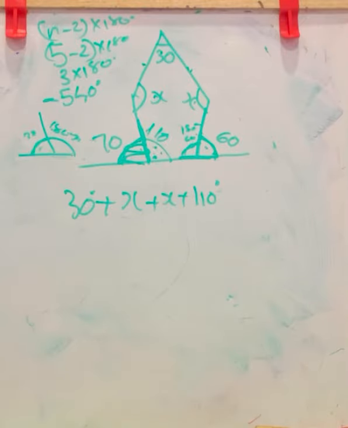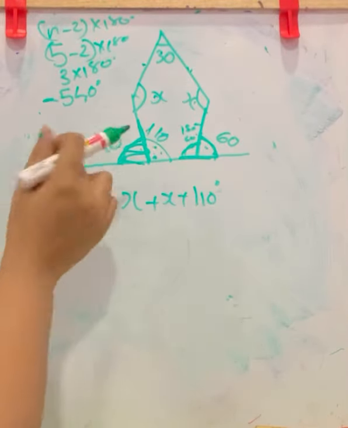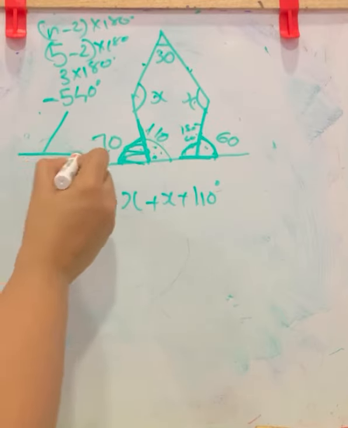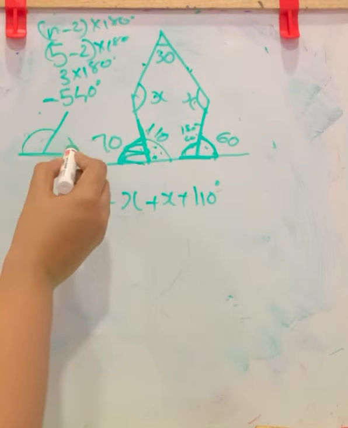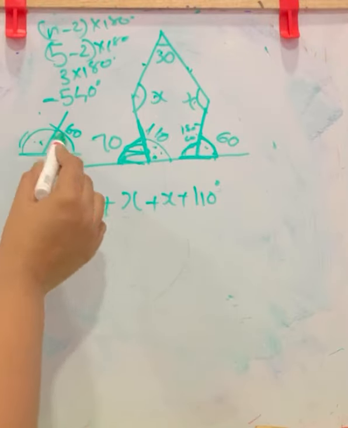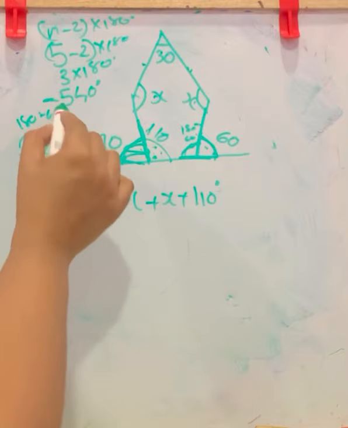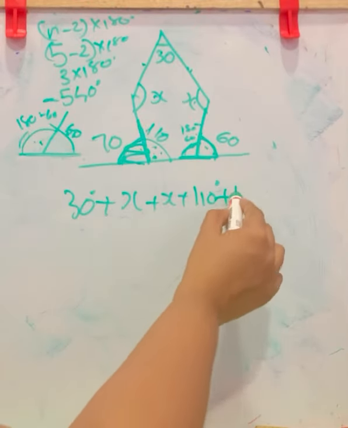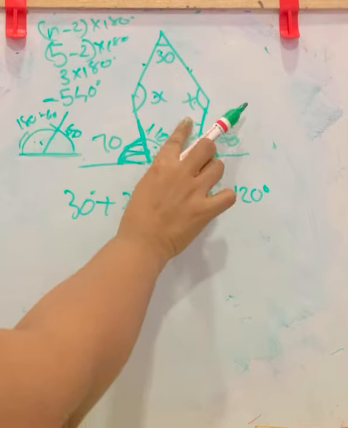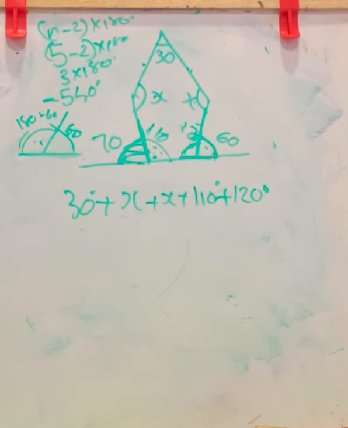Now what about the other side? Here it is another line segment falling on a line segment. Here it forms linear pair. Here it is 60. So this total is 180. Here it is 60. So this will be 180 minus 60. That is 120. This angle is 120 in the interior. So we got all the interior angles.